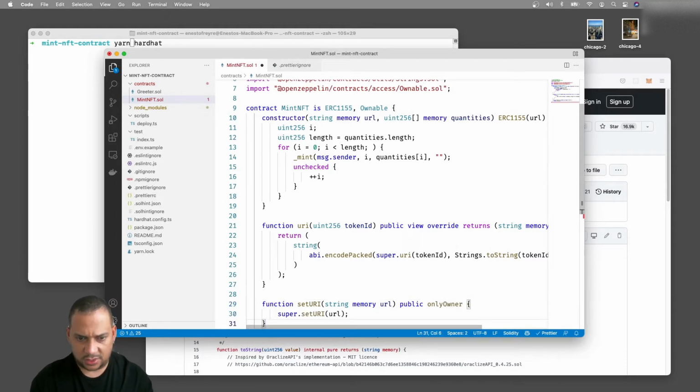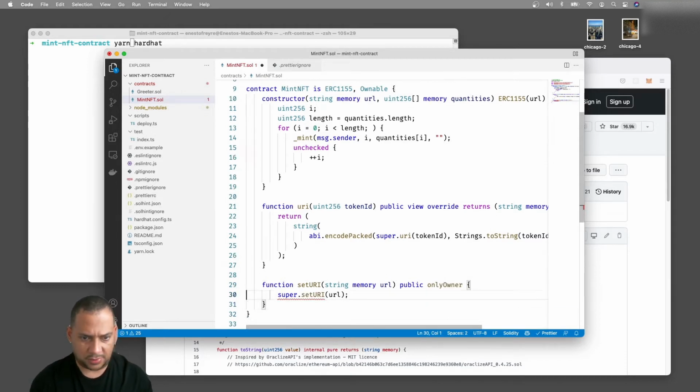So this function can only be invoked by the owner. So let's call it like this, and this will allow us to modify the URL of the contract.